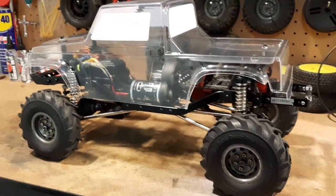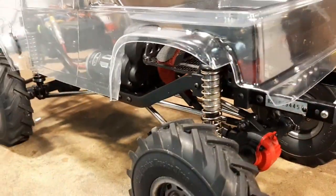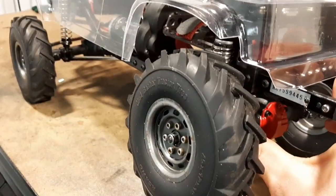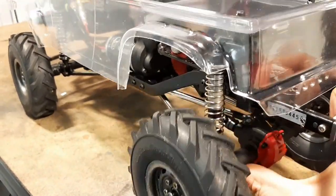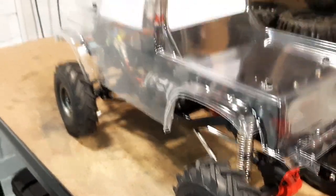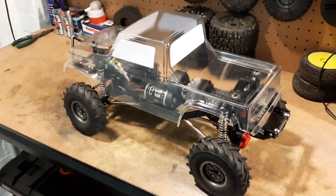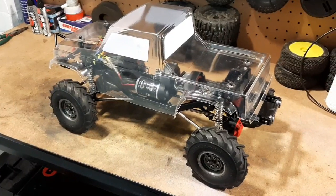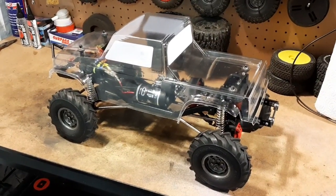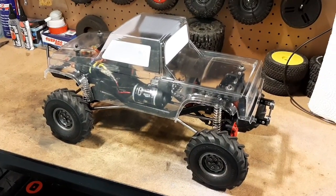So yeah, we've got some cutting to do for a little bit of arch mods on the back. Whenever you do a new shell, before you go ahead and paint it, just flex up, make sure you've got all the clearance you need, so that when you're out there, you're not messing up your new shell or cutting into your tyres or just generally binding up your driveline and failing and just being useless. So I'm going to get the shell into paint, and while the shell's drying off, I'm going to brave it